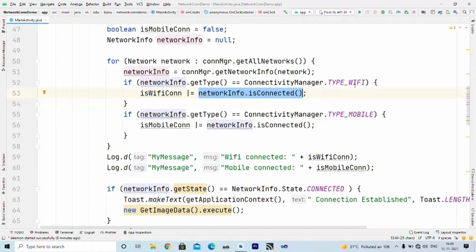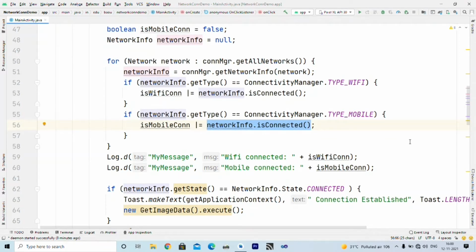If we are not connected with Wi-Fi, we may be connected with mobile data, right? So here I write network info dot get type double equals connectivity manager dot type mobile. It means whether we are connected with mobile data. So if it is true, then inside is mobile connection, I store network info dot is connected.